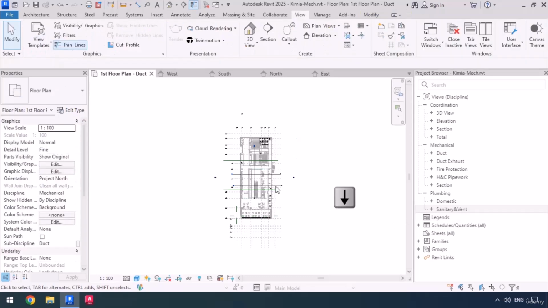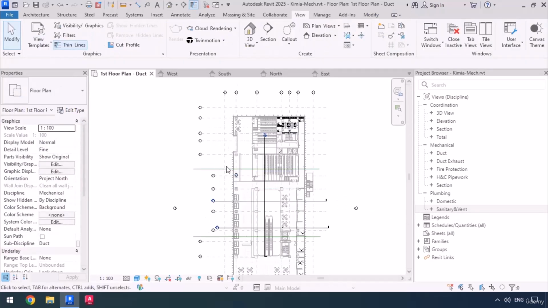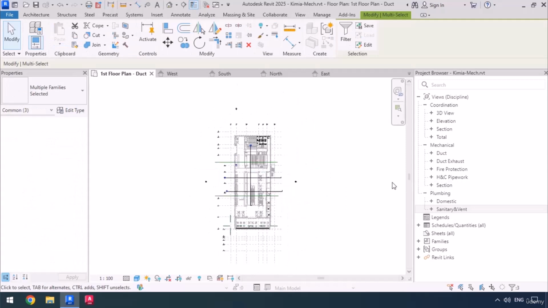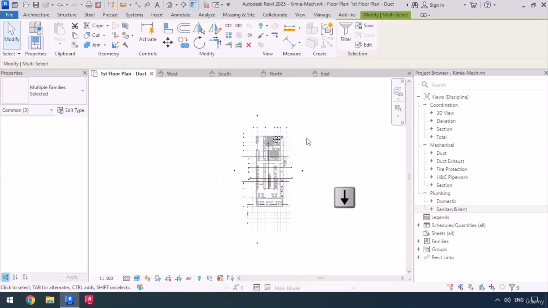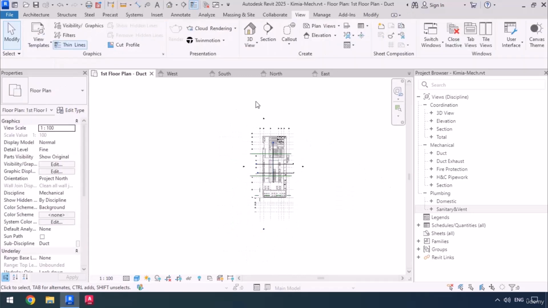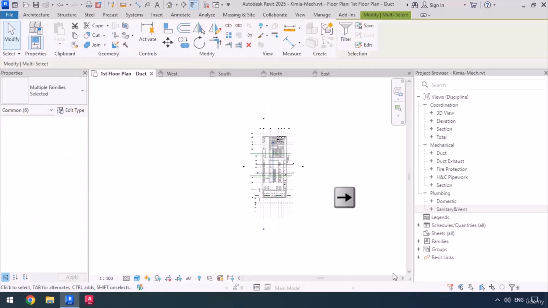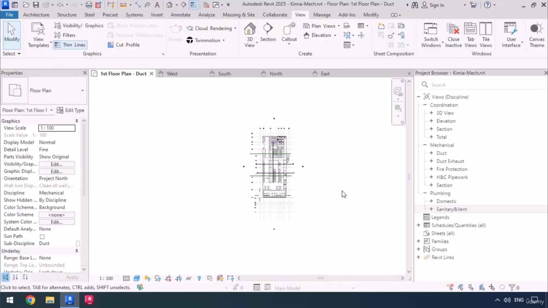Then I'm going to use the down arrow key in the keyboard to move them down and closer to the center. We're going to do the same thing for the south elevation, drag over it to select it first, and then I'm going to move it down to the bottom of the plan. And after that, I'm going to drag over the north and south elevations to select them together, then move them a little to the right, closer to the center.